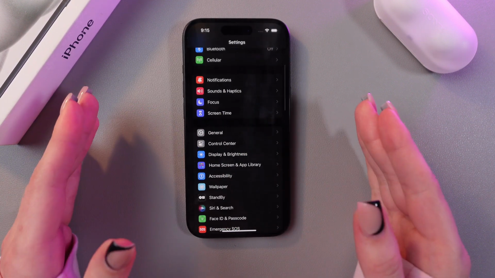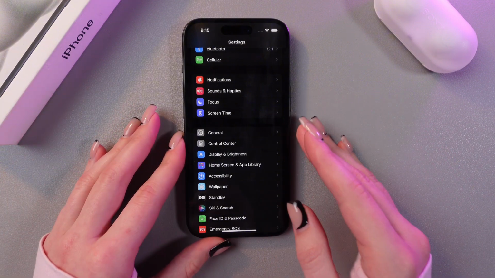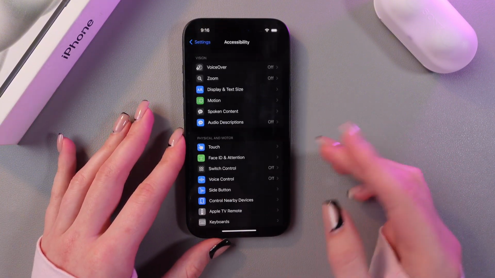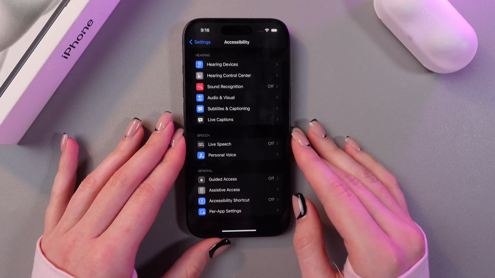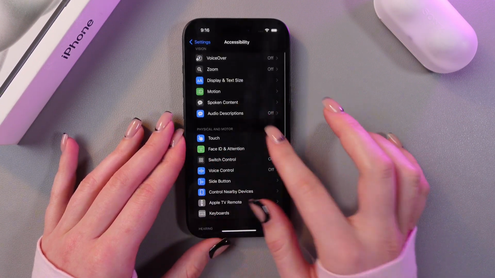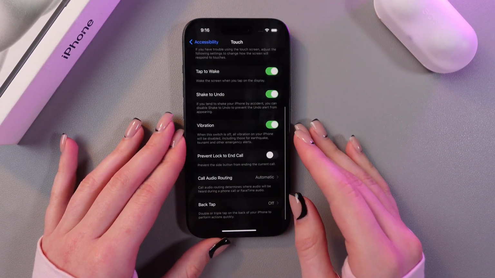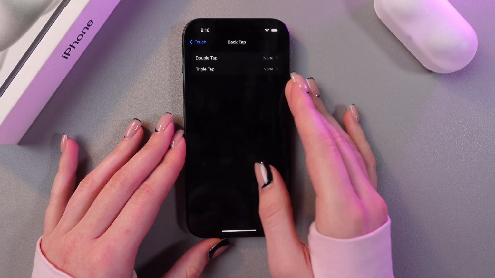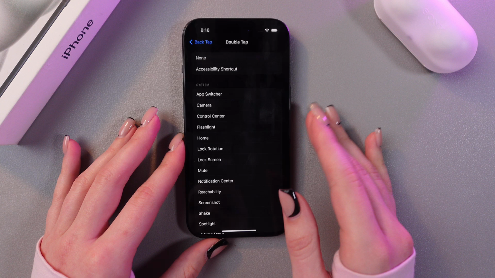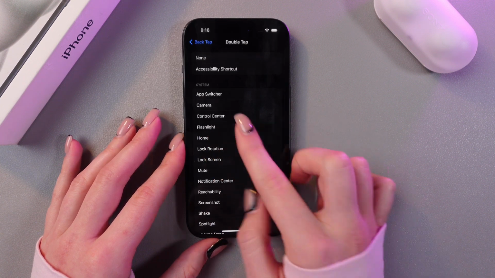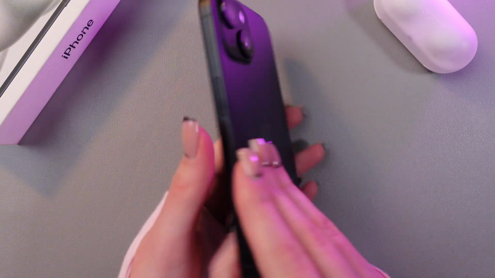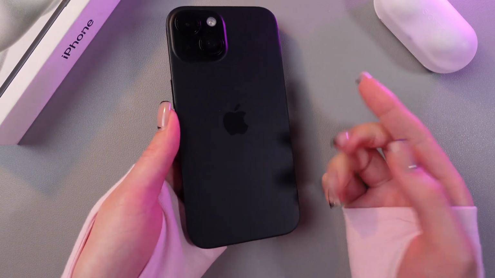And the third way, the most interesting as I said before, we would need to go in the accessibility tab, and here scroll till the end and then go in the touch. Here we need to scroll to the end and you'll see the back tap. So mine is off now, and for double tap we can set it to turn on the flashlight. Just enable this option, and now when you double tap the back part of your phone, the flashlight will